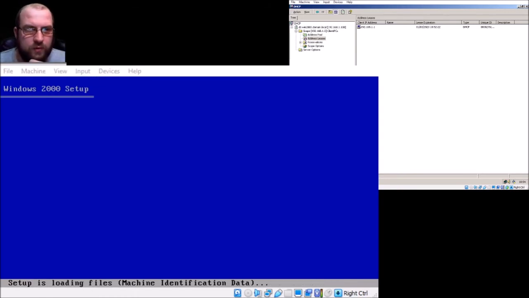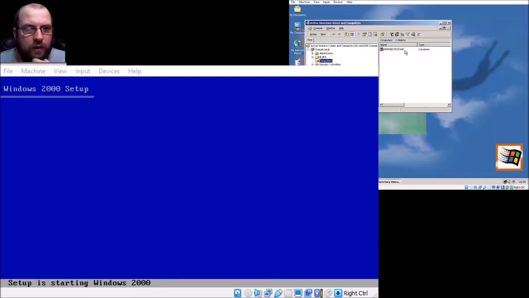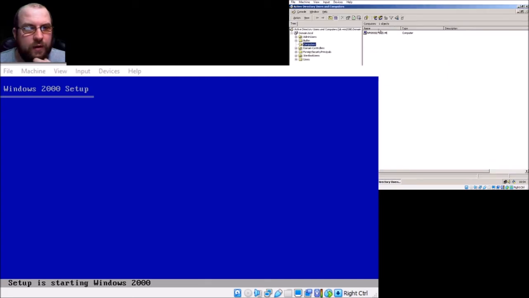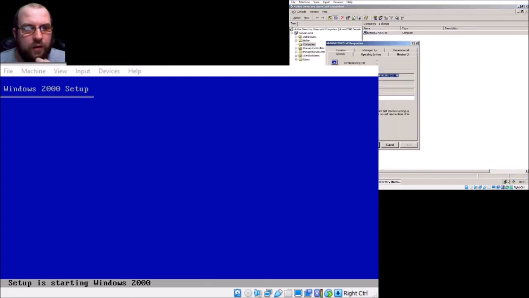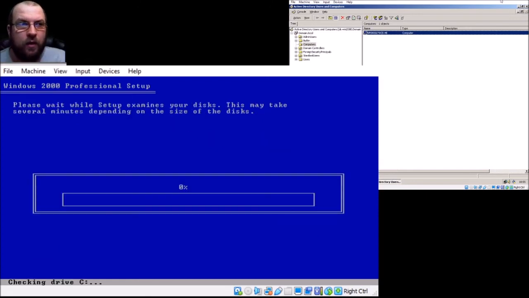Let's quickly go into the server for a minute and see. Let's see what Active Directory says. Ah, there it is. It's already in Active Directory, which is really cool. It doesn't know what operating system is installed because it's doing it at the minute. That's pretty cool. I'm not touching this client at all because one of the main features of remote installation services